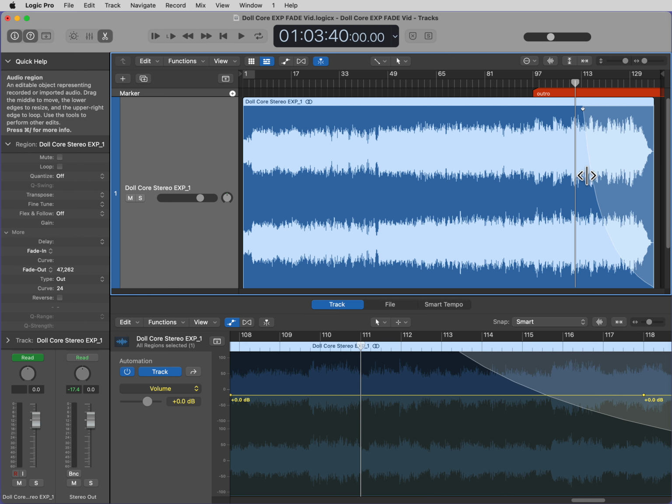Same thing happens when I pull it left. The arc changes this time at the bottom, but stays like a straight line at the top, no matter where I put my cursor. So this is not really very customizable, and I certainly don't want a hard fade like this. So let's get rid of this.